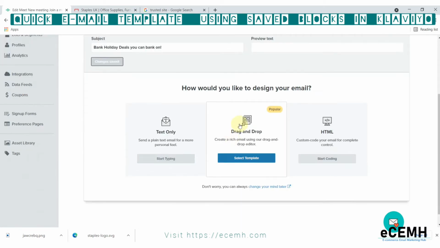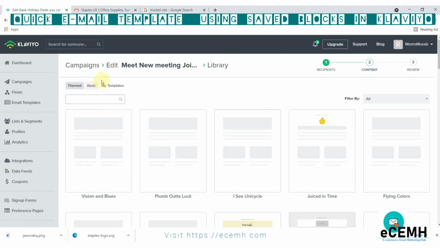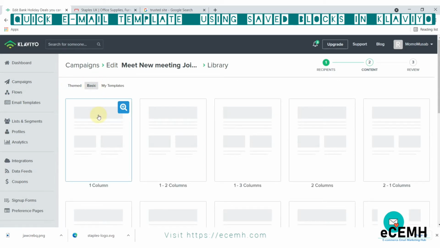Save changes. We will use the drag and drop feature, and we will select the basic template. Let's make it a one column template.